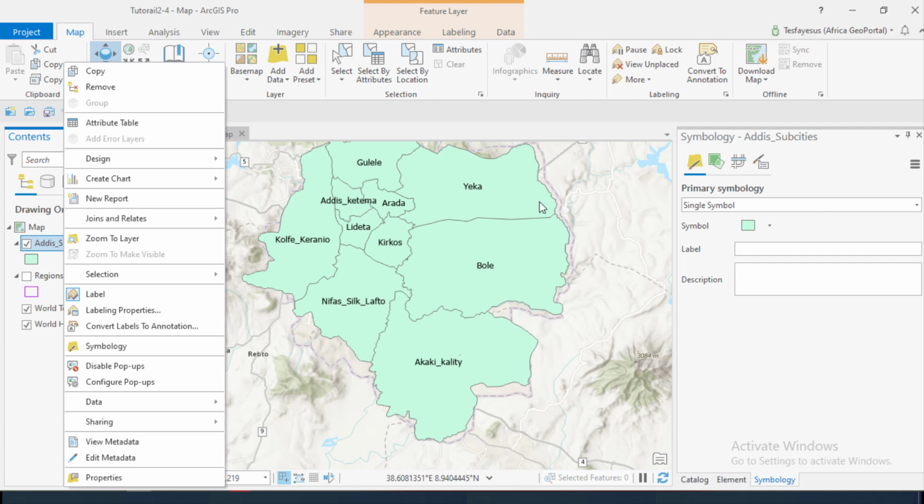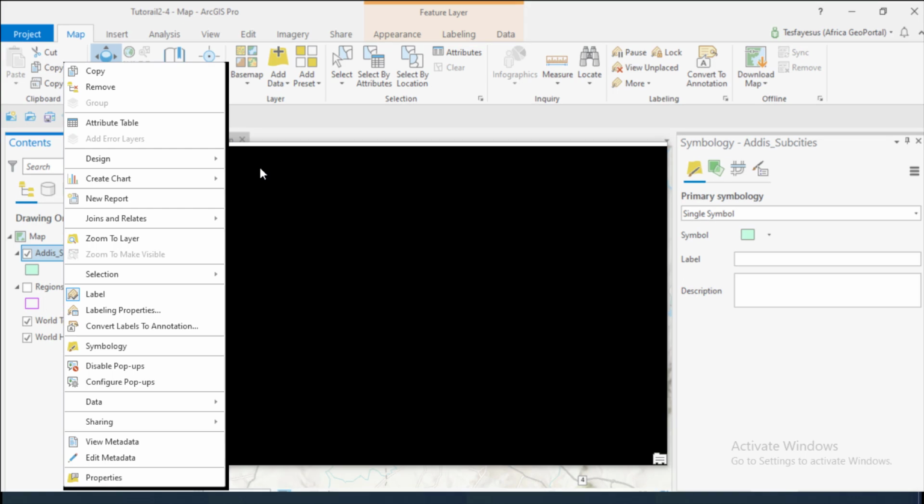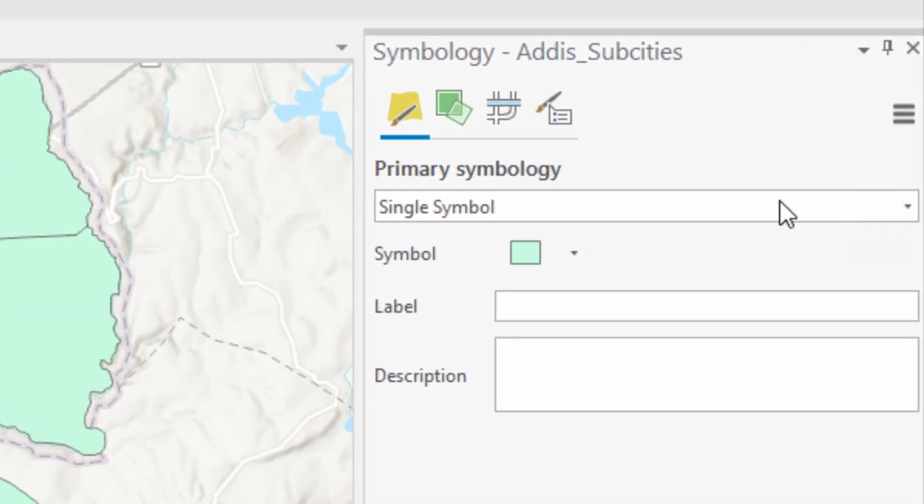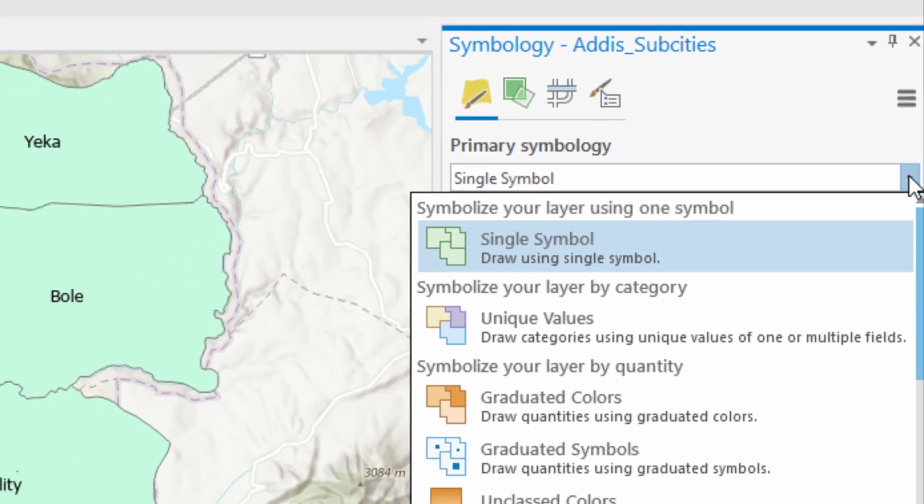We have seen in the previous sections single or unique values for categorical data and graduated colors in tutorial 2-4, and now graduated symbols. So go to symbology, and for symbology, please pick graduated symbols this time,